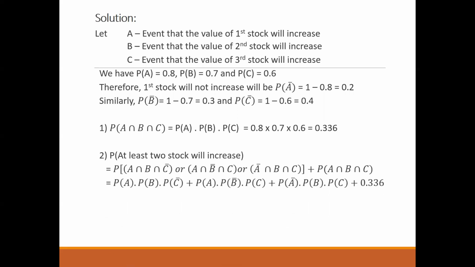Okay. Now you can use this formula here. Is this formula okay? Just check it out. Because we are using and here, we are going to use the multiplication formula. Now using this formula, I would like you all to do the calculation. And please remember, these are all independent events. And we have already found out the value of A and B and C, which is 0.336. So I'm directly putting this 0.336 here, and you can do the calculation further.